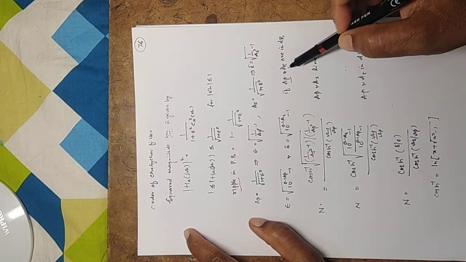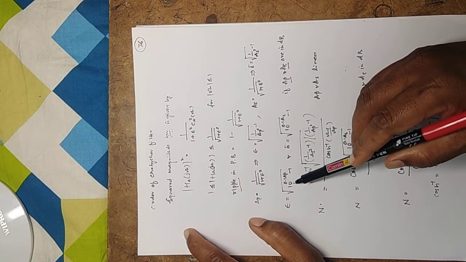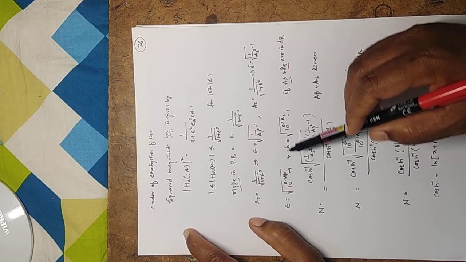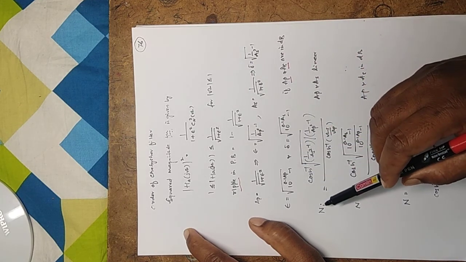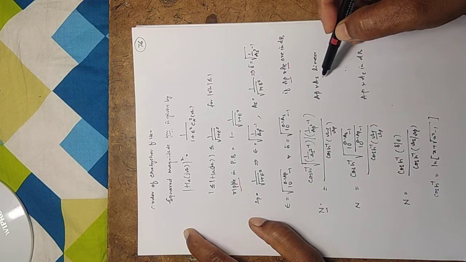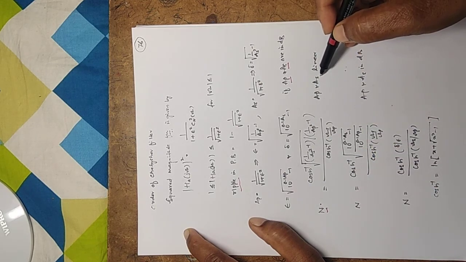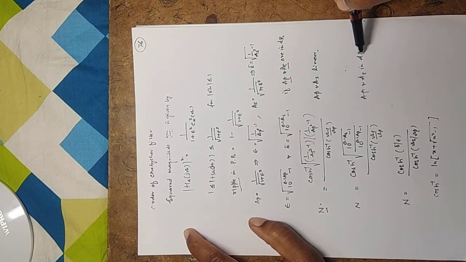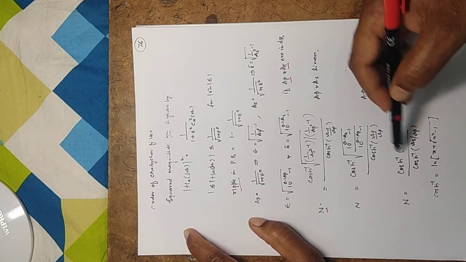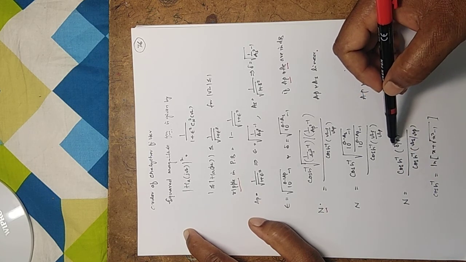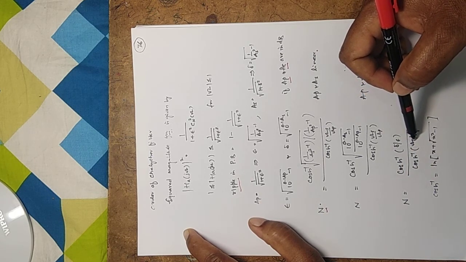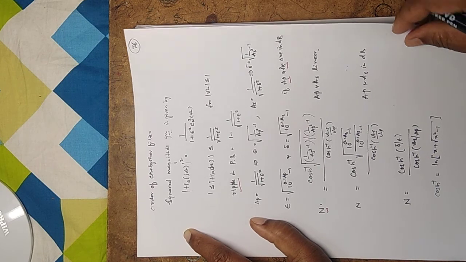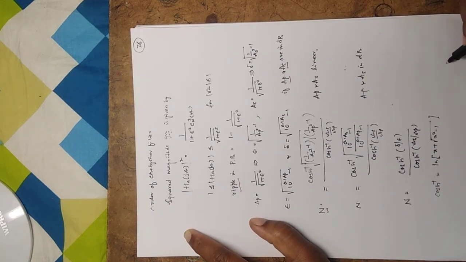If AP and AS are in dB, you have to use this formula. And for the order of the filter, if AP and AS are given in linear form, use this expression. If they are in dB, use this expression. And for the order, if you know delta and epsilon, use this expression. So this is the end of lecture 17.